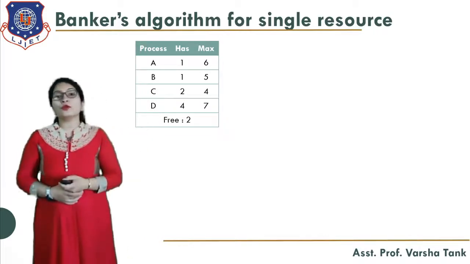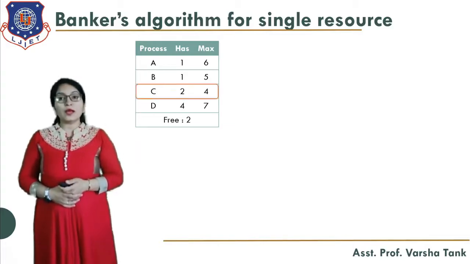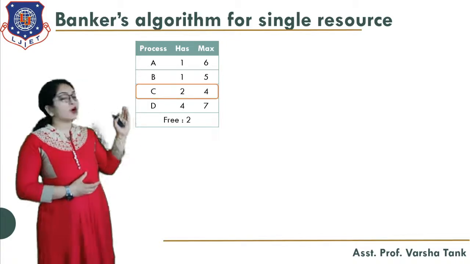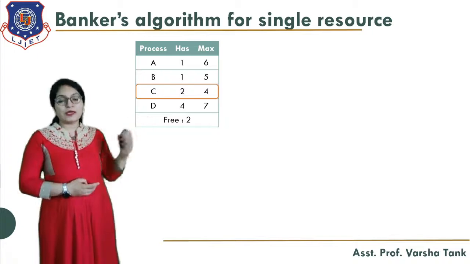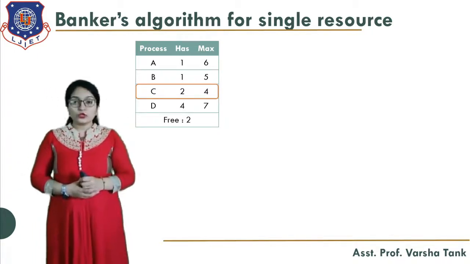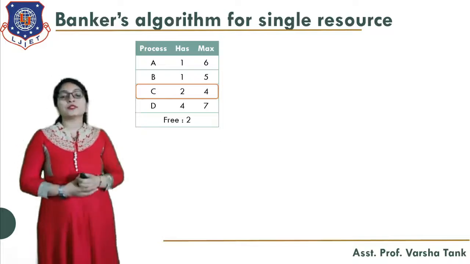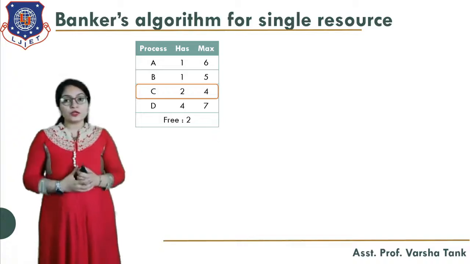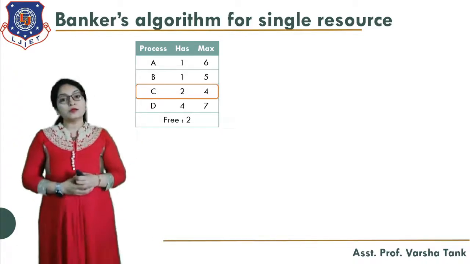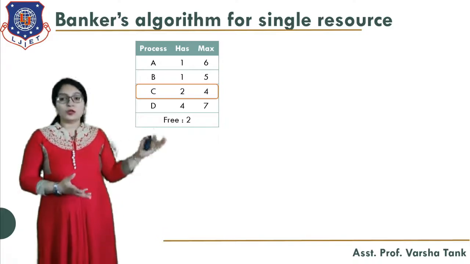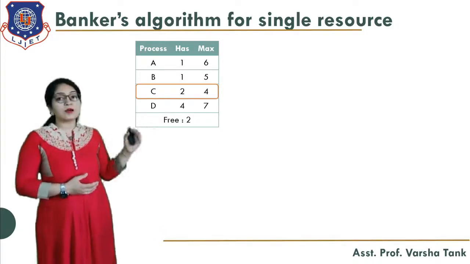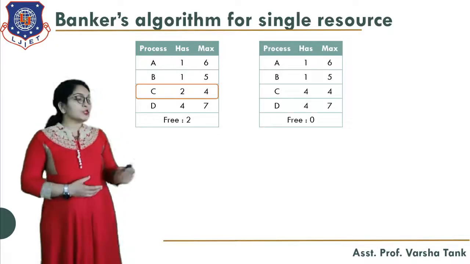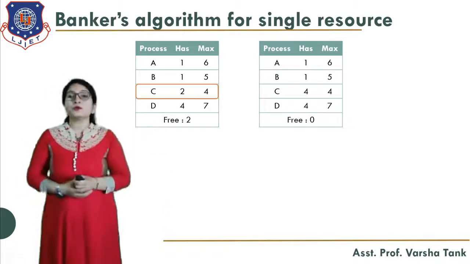So now a total of two free resources are there. So what will happen? Let's see, process A requires a maximum of 5 resources, and process B requires a maximum of 4. So we cannot complete process A and process B first. We will start with process C because we have just 2 free resources and the need of process C is equal to 2. If it is less than 2, then also we can assign. So we will first complete process C, and we will assign these 2 free resources to process C.